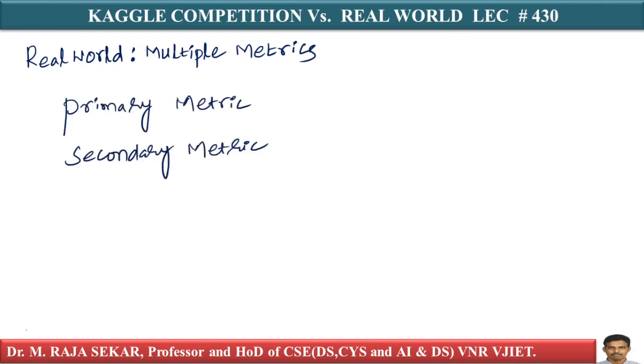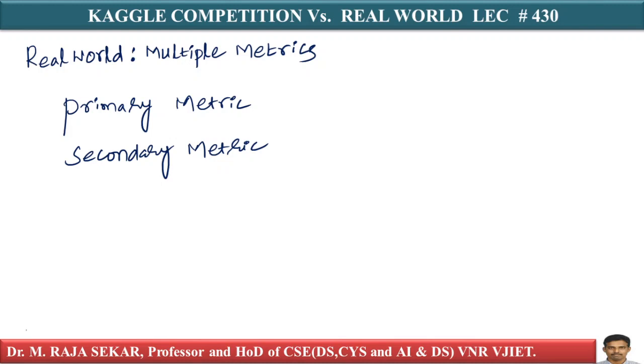Of course, you could have a primary metric and a secondary metric, and oftentimes it's very hard to define one machine learning metric like log loss or AUC to be your sole goal. In the real world, we often try to look at multiple metrics, isn't it? This is one aspect.